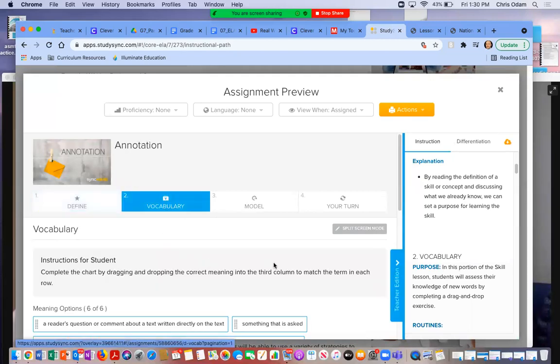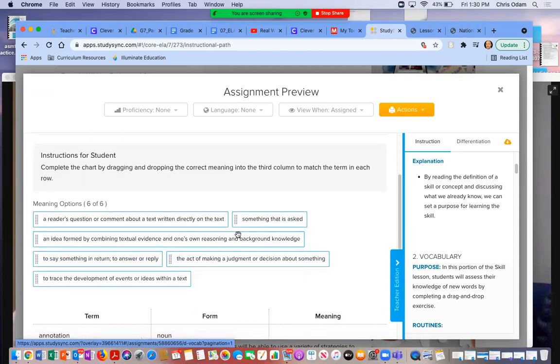That means that you would be leading. This is the student view, by the way, what they would see on their screen. But it's wise that you pull this up when you're teaching students about the process and model the same steps that they're going to go through and then have them do that for you before you move on to the next step. So I might get to the vocabulary portion and ask them to do this self-scoring drag